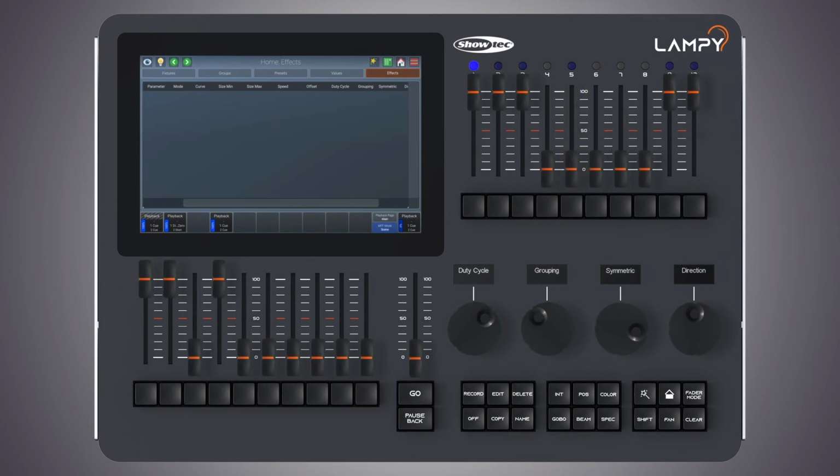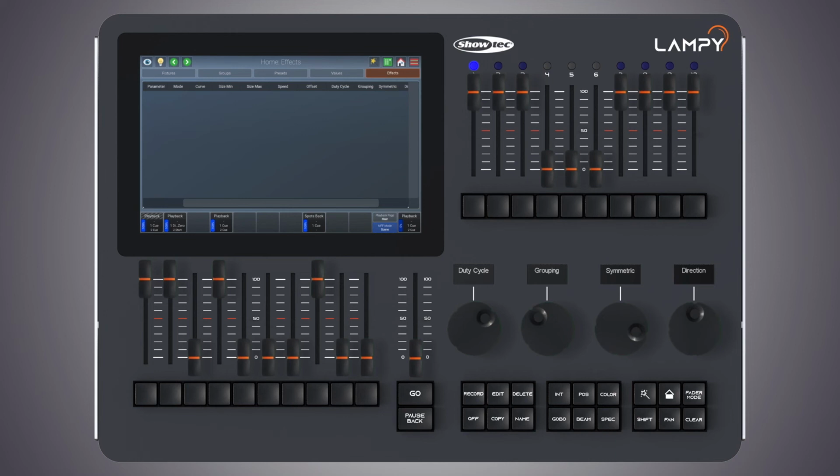You can copy scenes at any time by pressing the copy key on the front panel, clicking on the source multifunction faders button, and then on the destination multifunction faders button. You can also copy scenes from a multifunction fader to a playback fader. You can also move multifunction fader scenes by pressing the Shift button and keeping it pressed, and pressing the Copy button on the front panel. Then select your source and your new destination.